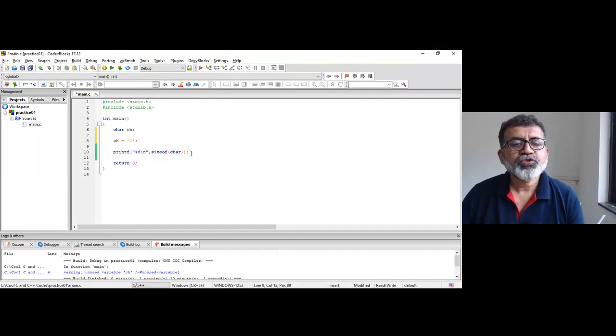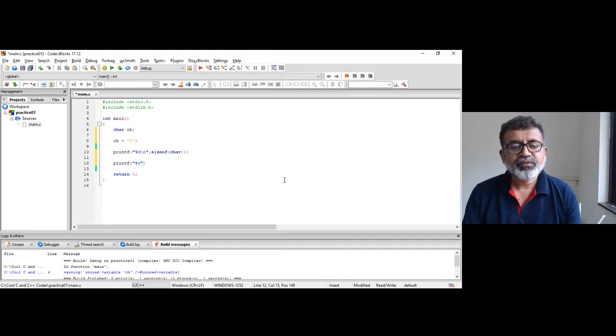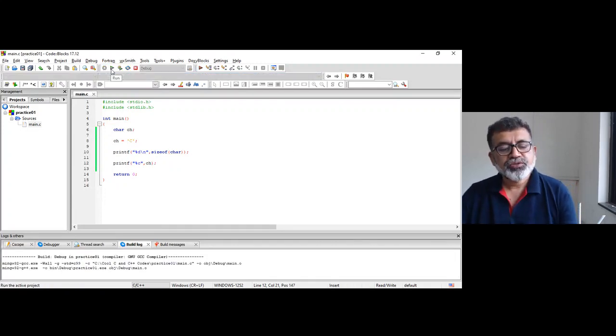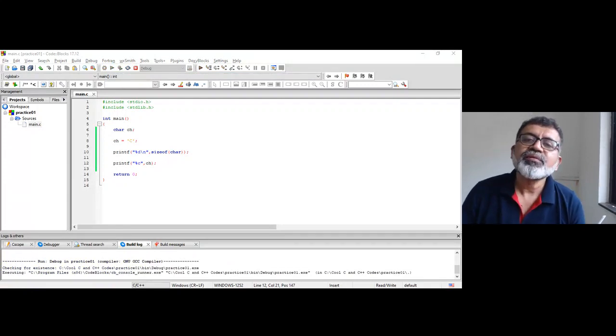The format specifier for printing a character is %c. If I run this code, it will print 1 and the character. 1 is the number of bytes reserved for that character constant.